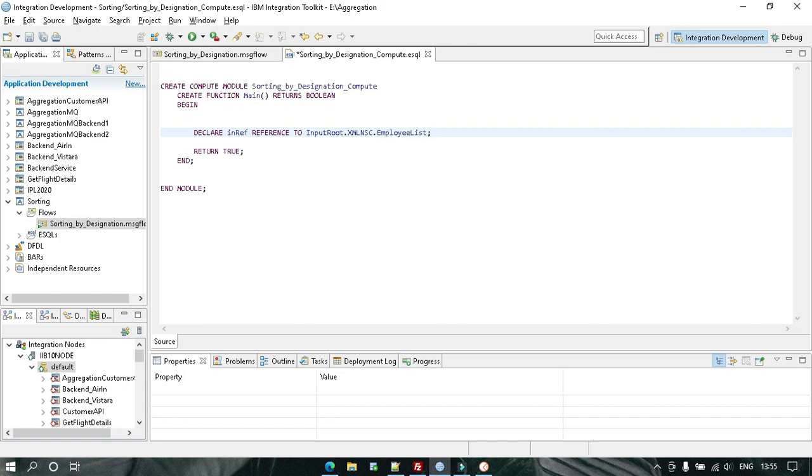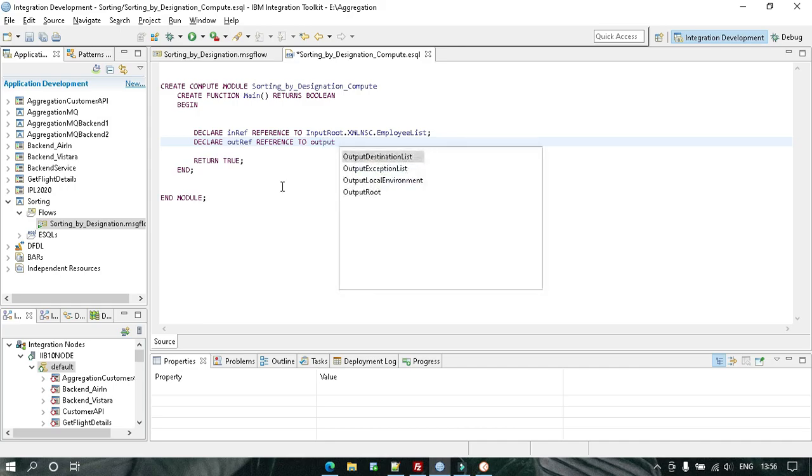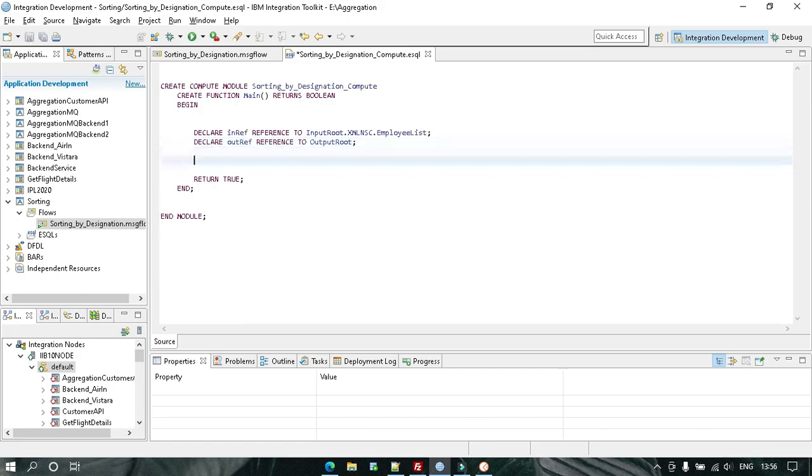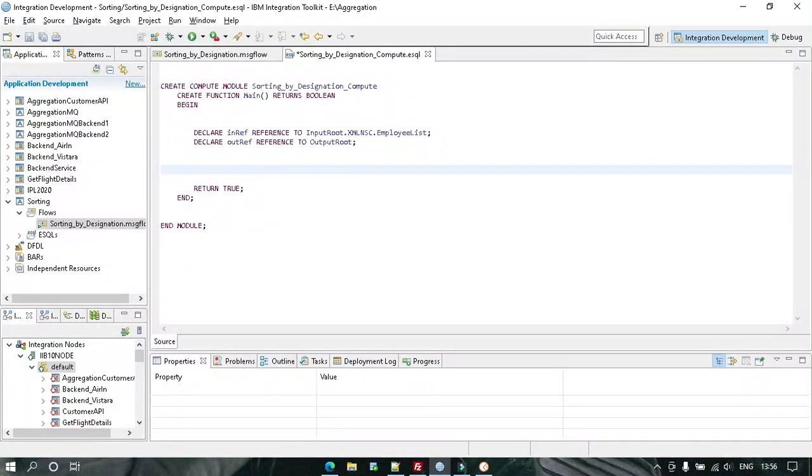Now let me declare one more reference so that I can use it later. Let's give it till output root only. Now let me declare one variable.